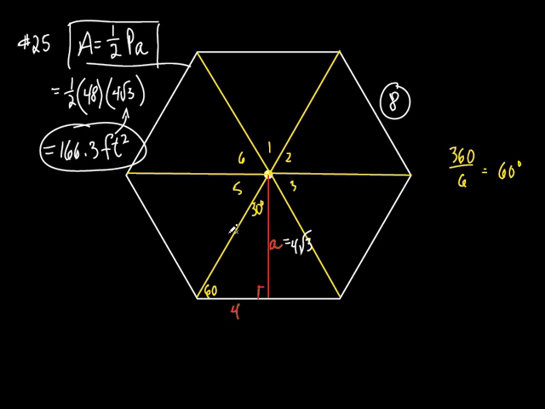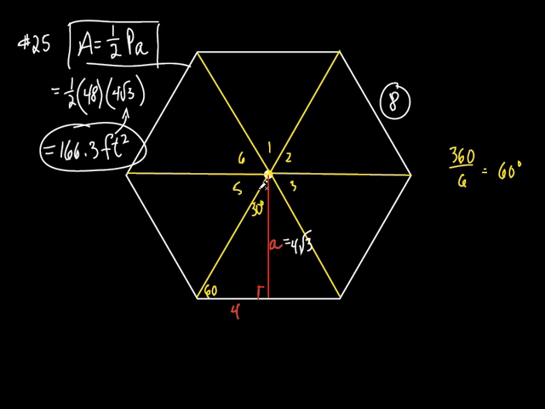You're not always going to get a 30, 60, 90 triangle out of this. All right? If you had a pentagon, you wouldn't get a 30, 60, 90. You get something else. But you might have to do some trig, you might need to do cosine or sine or tangent, whatever the case may be. All right? I'm not going to do every single one of those, but let's do